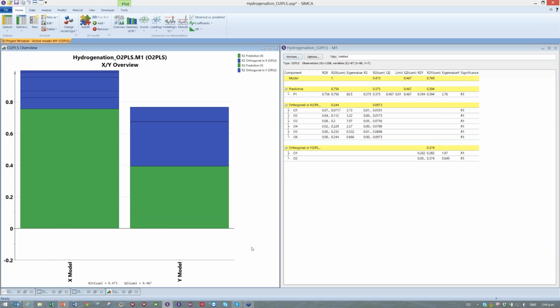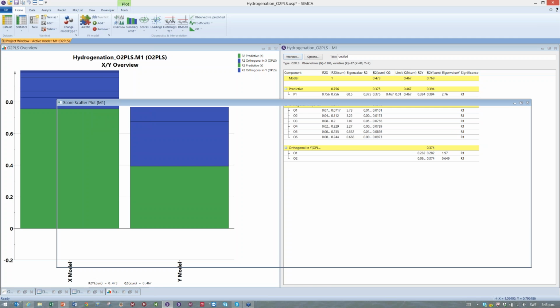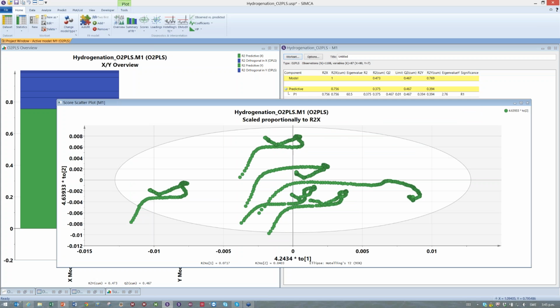So here we have arranged or tiled the model window and the overview plot side by side, and the sizes of the green fields then correspond to the information overlap. So 75.6% of the variation in the spectral measurement overlap with 39.4% of the variation in the process measurements. I will just show you the clickability of the OPLS overview plot, and that you will directly go into the